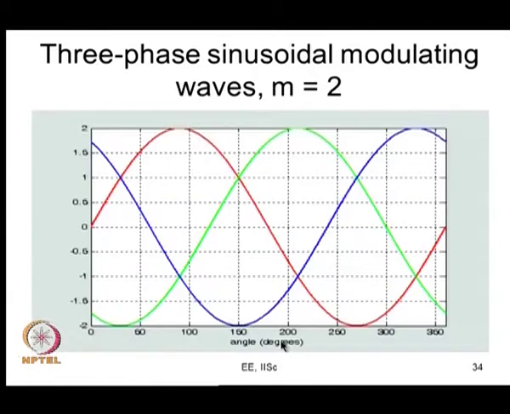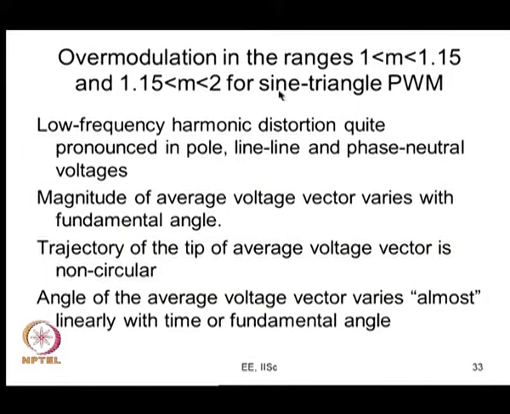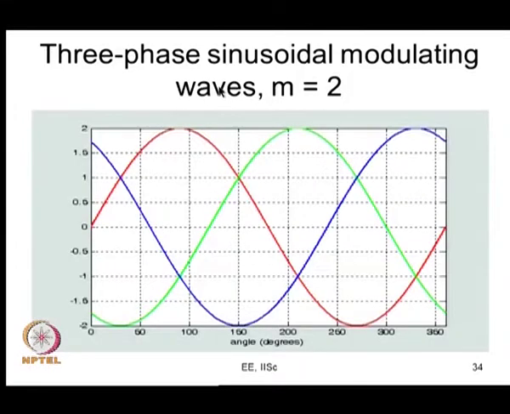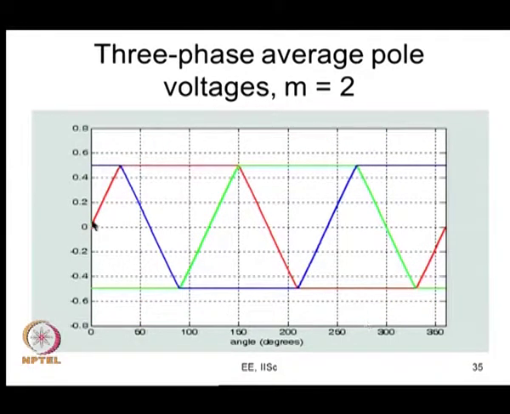So, now let us go to m equal to 2, which is that end of what I said here. When you go to m equal to 2, what you find is that for 120 degrees this R phase modulating signal is above the carrier, positive. Here for 120 degrees it is below the negative. At 30 degrees itself it crosses 1. So, from 30 to 150 degrees it is above the positive peak. Here again from 210 to 330 degrees it is below the negative peak, and therefore,